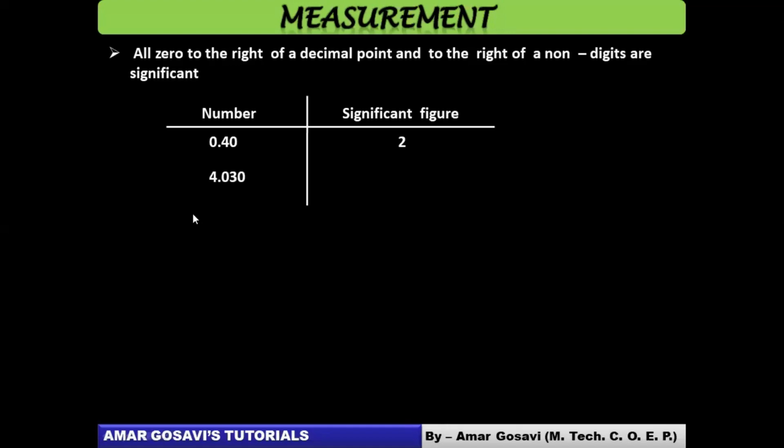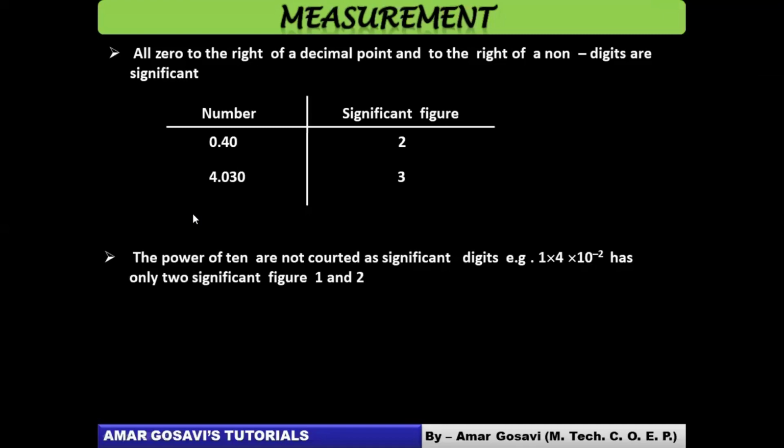So, how many significant figures do you find over here? Any one of you can unmute and speak. Whosoever wants to speak, please. How many significant figures? 3. 3 significant figures. Great. So, you people have understood how to work it out. The next one. Next rule. Let's understand the next rule.